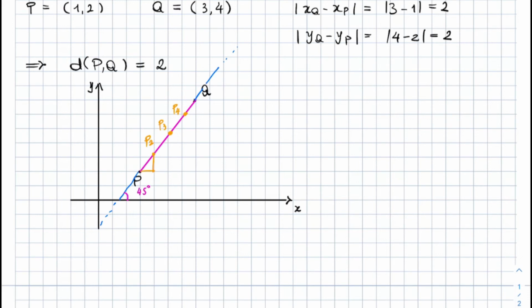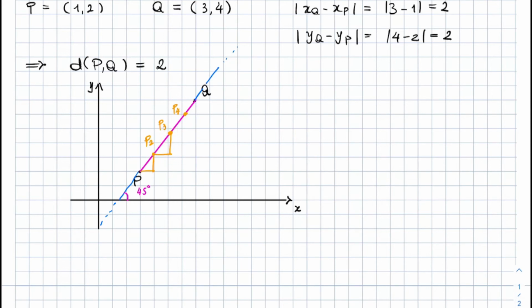And therefore, the length of the two sides of this triangle is the same. And even if you draw the triangle starting from P2 to P3, whose hypotenuse is exactly the segment connecting P2 and P3, then the side which is parallel to the x-axis and the side which is parallel to the y-axis